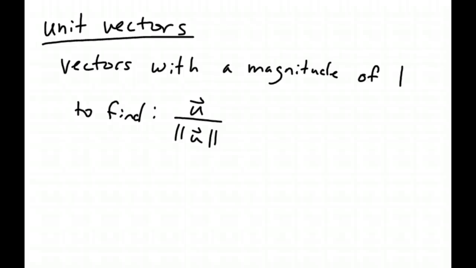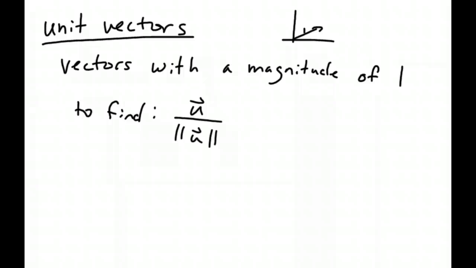Next new concept that I'm going to talk about with you guys is unit vectors. Unit vectors are basically the vectors of magnitude of 1. So if I were to measure them, they are 1 unit long. This is basically coming straight from your unit circle. Every point on your unit circle that we used had a distance of 1 because the radius of the circle was 1. So no matter what vector that we find to be a unit vector, its magnitude should be 1